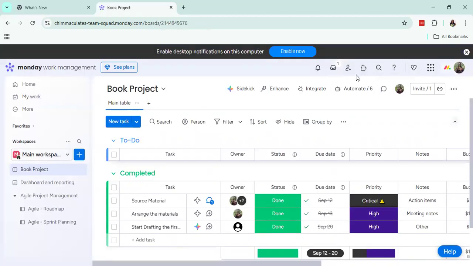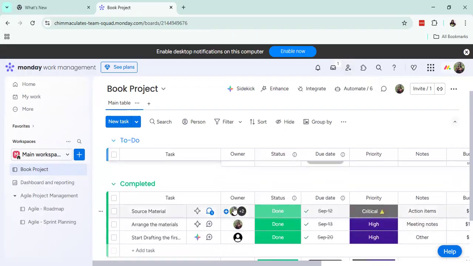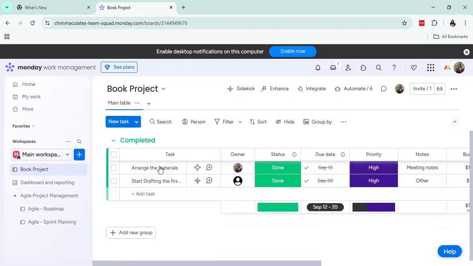But for starters, I don't think you should be concerned about the Monday marketplace. You should be more concerned about how to add your members to your workspace, how to assign owners to every task, how to include tasks to every column. So if you want to add a new group again, this is where you add, okay? This is as easy as